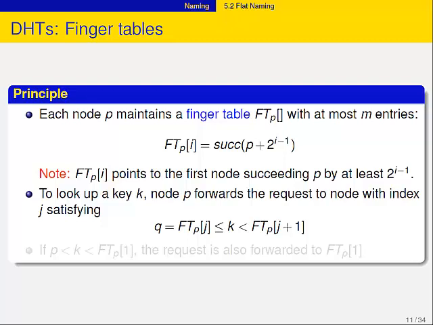So you have to realize two things. This would also work if I just had my logical ring and did a linear search, right? And I would have random pointers in the ring, not according to this principle. I would say, okay, I have my random pointers to other nodes in the ring. By magic, I found them. Let me just throw it as far as possible, as far as I know, close to K. And then it's that node's problem. In fact, that could work. But then it's not necessarily efficient.